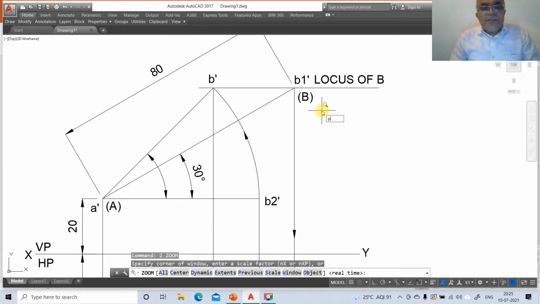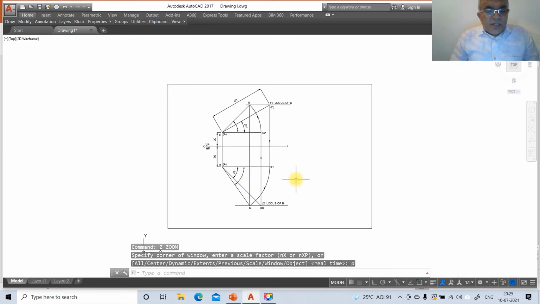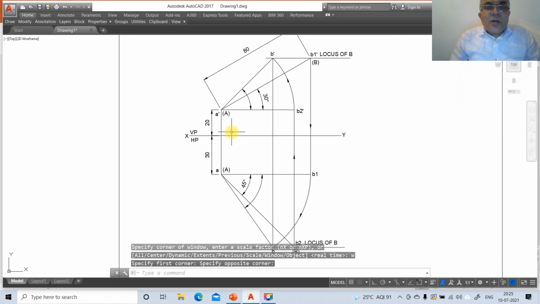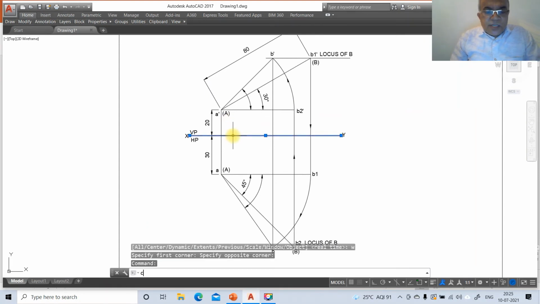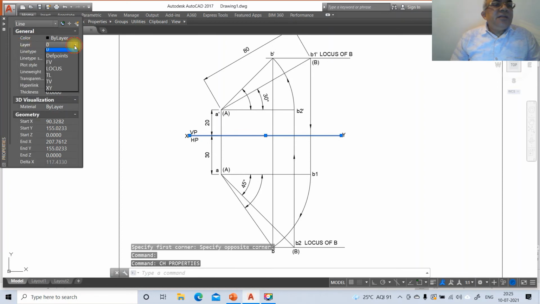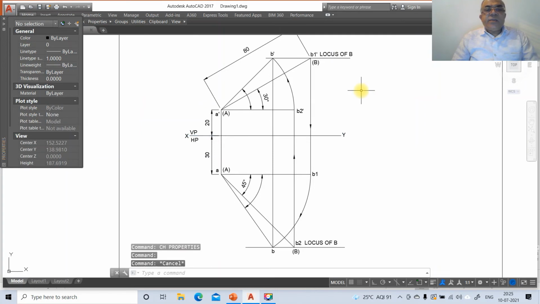Now we need to change the layers. To do that, go to zoom window and select this entire thing. Come down to this, go to CH, go to layer, make this layer XY, then escape.